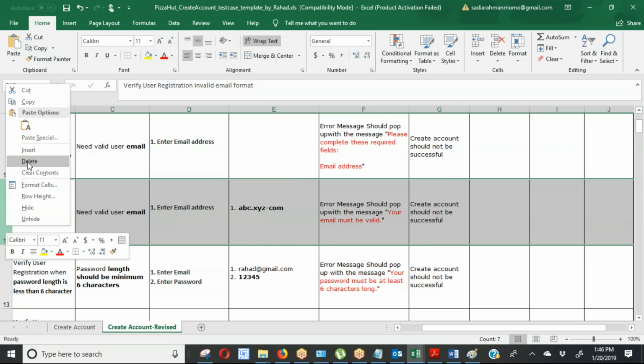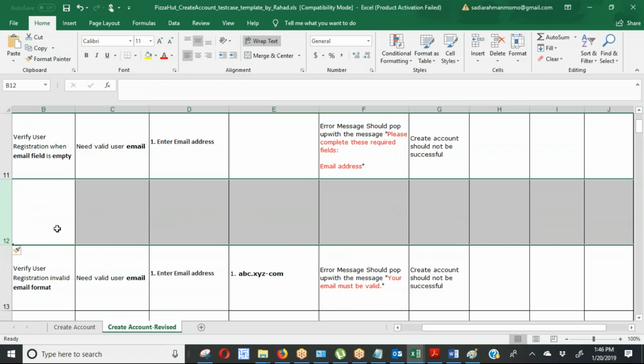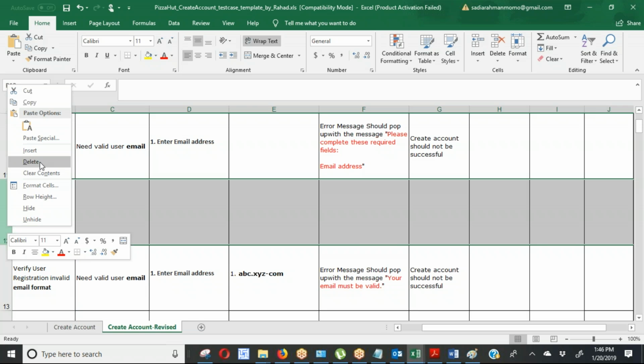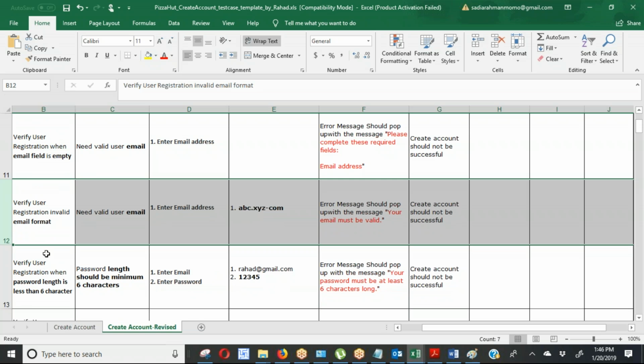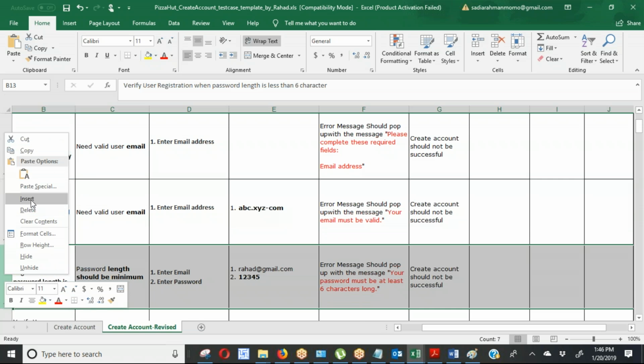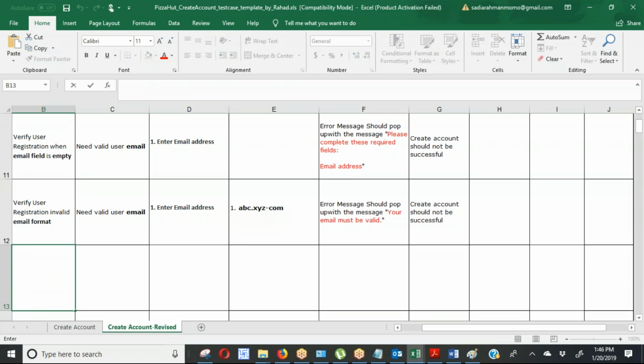So what happens when you enter it here? If you want that, you can delete that option. Suppose I want to insert between 12 and 13, so select 13, enter it, and then here you can write verify user